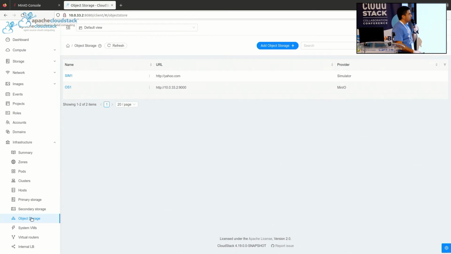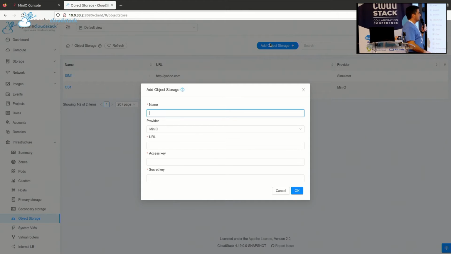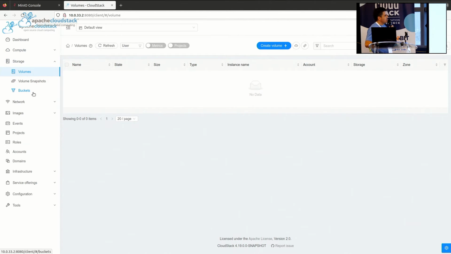And this one is the real one. And you need a URL. I'll show you how you can add a new one, but we won't do that right now. So you need to provide a URL and access and secret keys, and of course some kind of name. And then you can just go to the storage section, and then you have this new buckets